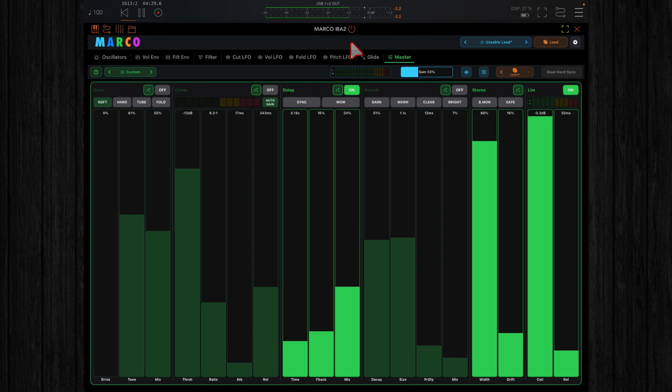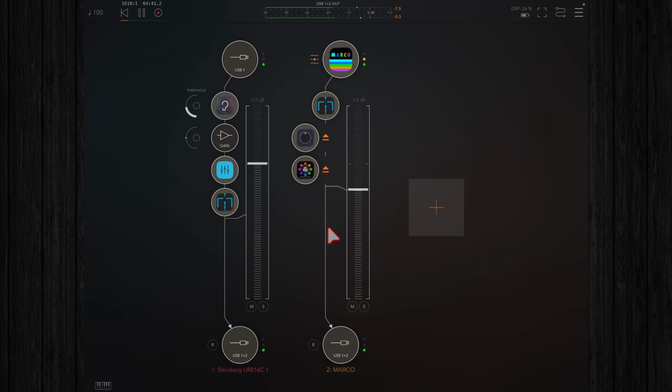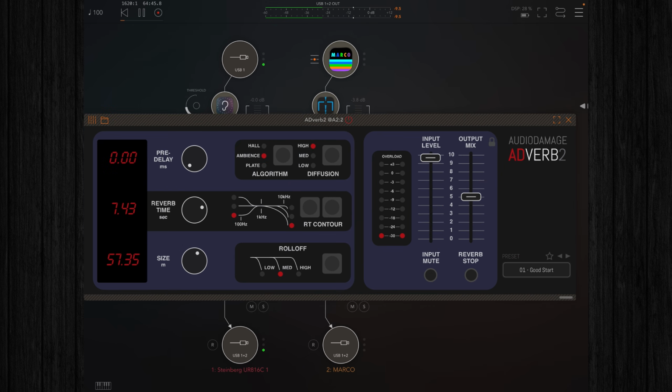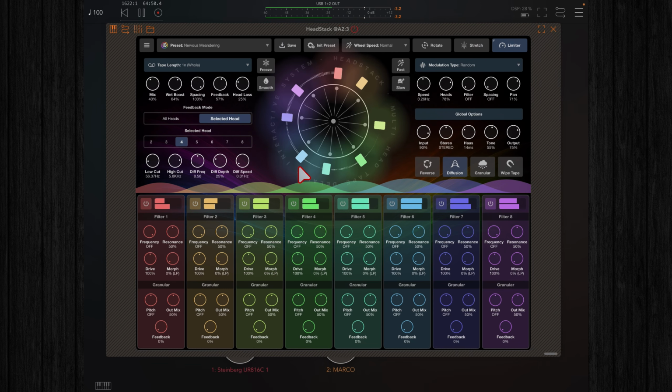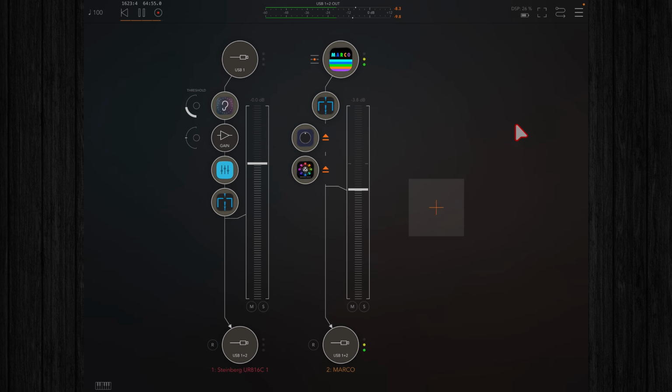So I'm going to add some of my own effects in, well, not my own, but other effects. I'm using Adverb, which has just been updated, with some new cool algorithms, and it just sounds great. And for the delay, I'm going to have a blast with Headstack because it's epic. So we'll try Adverb. So if you're on a reverb,